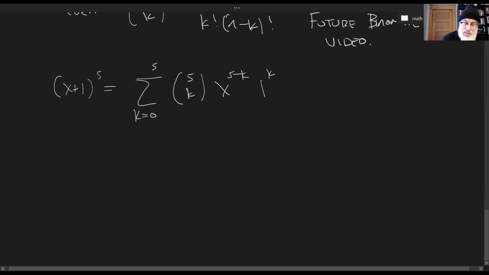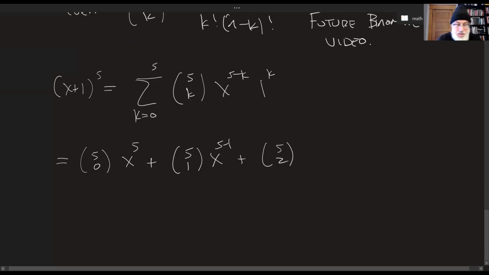We could look at what this is. So we start with k is 0. So we have 5 choose 0, x to the 5 minus 0, which is 5. Again, I'm going to omit the 1 just so notationally it doesn't get unruly. Then we have 5 choose 1 because that's the next term, then x to the 5 minus 1. Then plus 5 choose 2, that's x to the 5 minus 2, plus 5 choose 3, x to the 5 minus